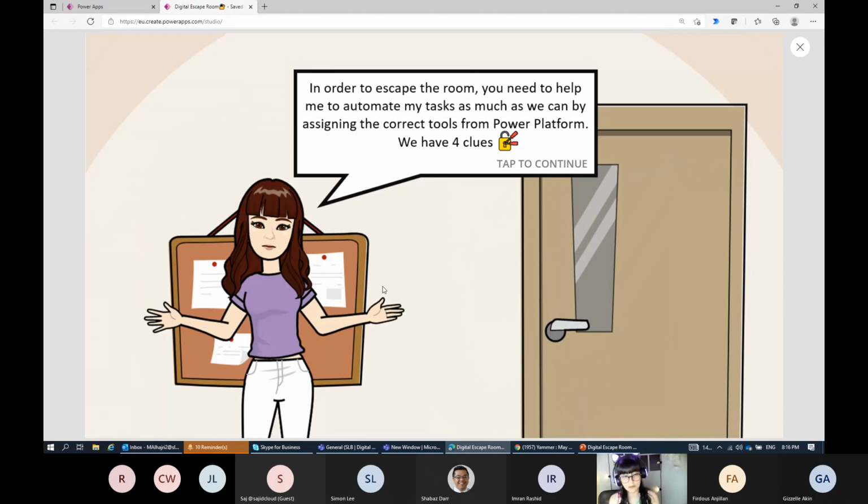So in order to escape the room, you need to help me to automate, which is the main story of my game. I need to automate my task that I have on my digital escape room, and you have 4 locks. So I mention it clearly to them. You need to help me solve 4 questions or 4 locks, and based on this, I will be able to go out from the game.